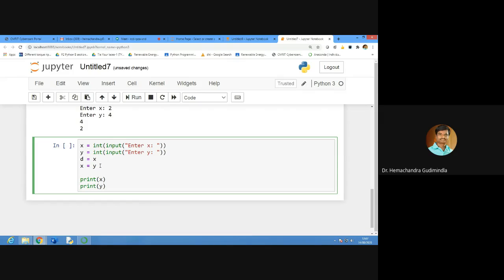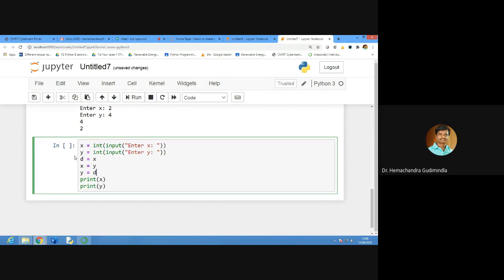Then who is free now? Y is free, since D already has the X value and X already has Y. Now which value do I have to store in Y? D. Very good.